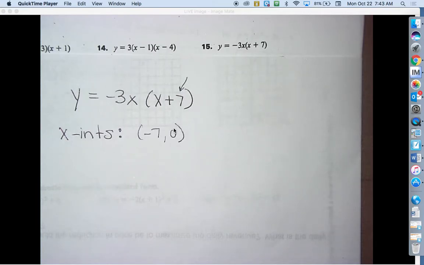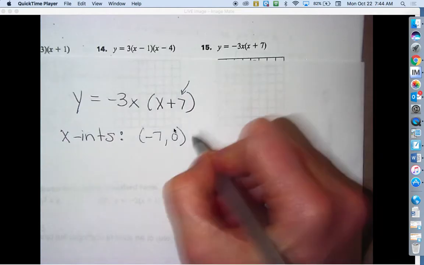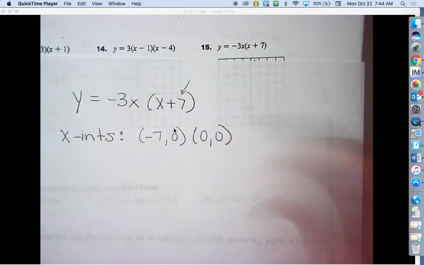But there's a second one, because they're supposed to have 2 x-intercepts, and there will always be 2, unless the x-intercept happens to be the only point where the parabola is touching the x-axis. Does anybody know where the other x-intercept is? Abby? (0, 0). And why is it at (0, 0)? Because there isn't another